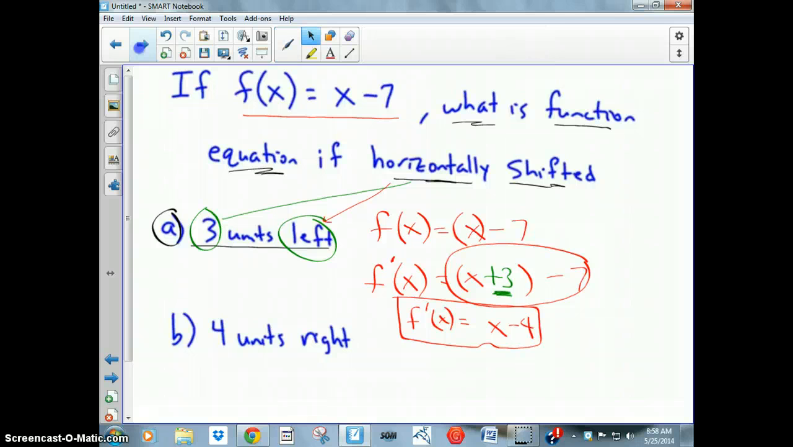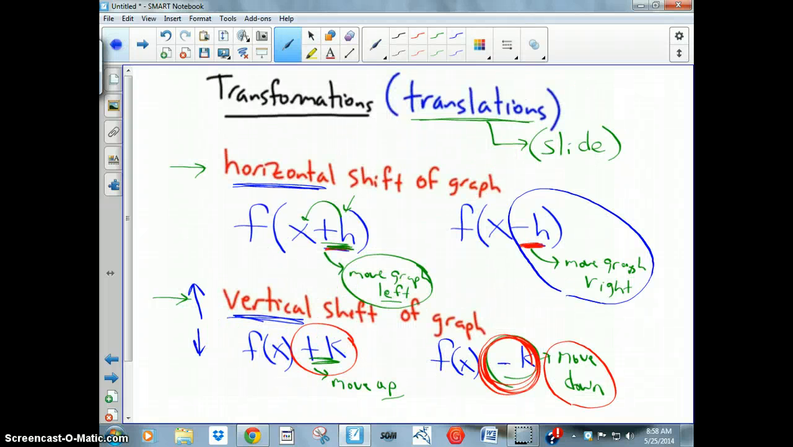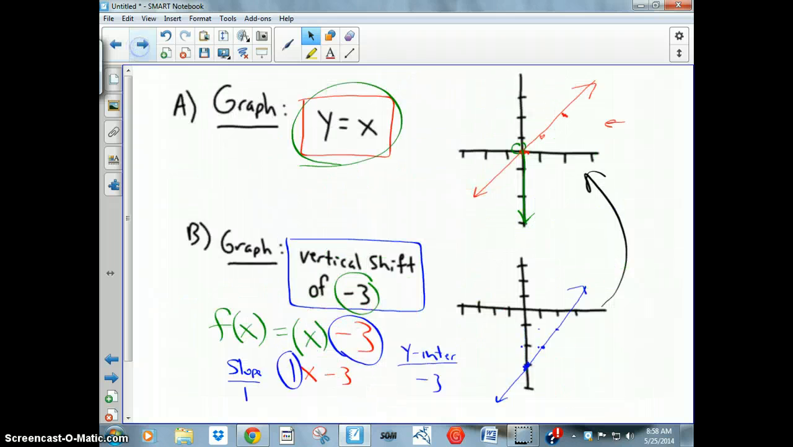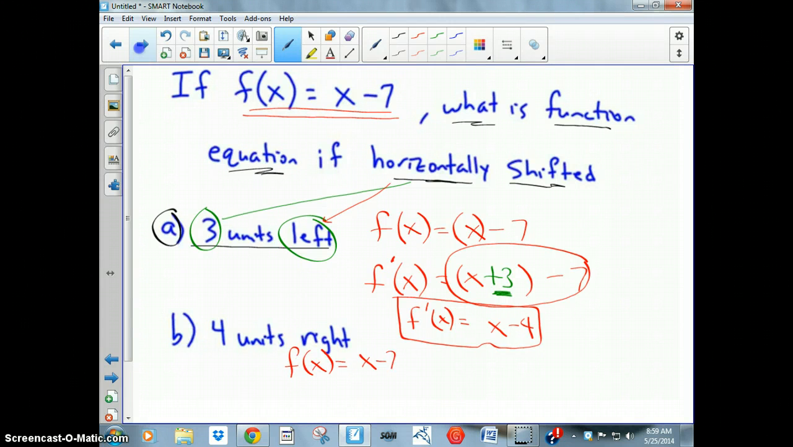How about 4 units to the right? Well, I'm going to go back a couple slides again. If I can do that, there we go. To the right. Moving the graph to the right means put the number inside the parentheses, but I need to minus it off. Okay, well, that means I take my original function, f of x equals x minus 7, and